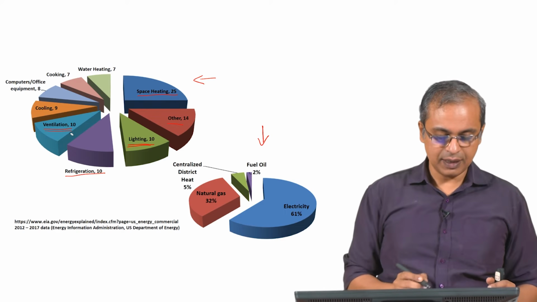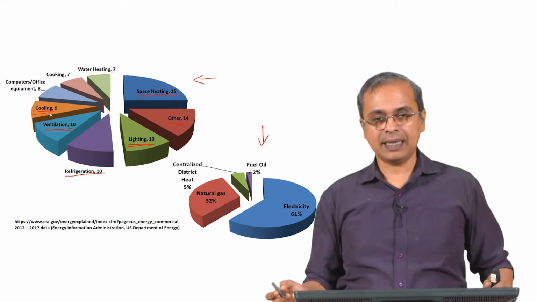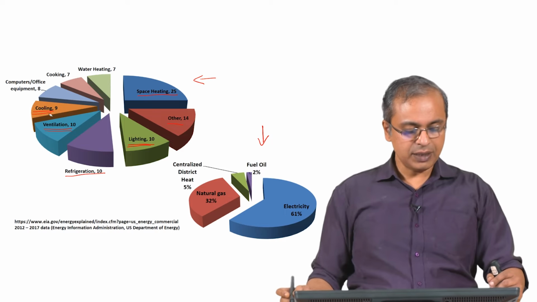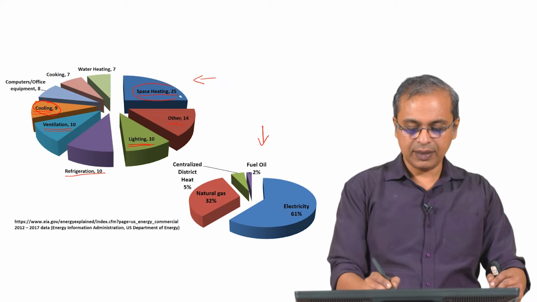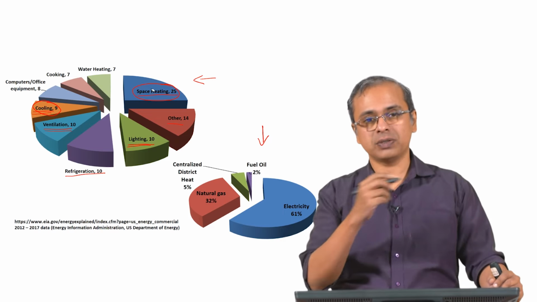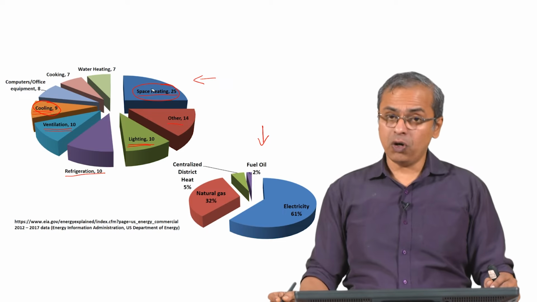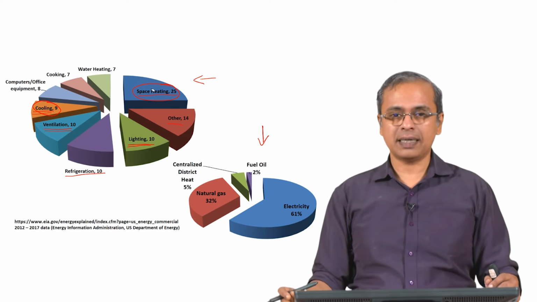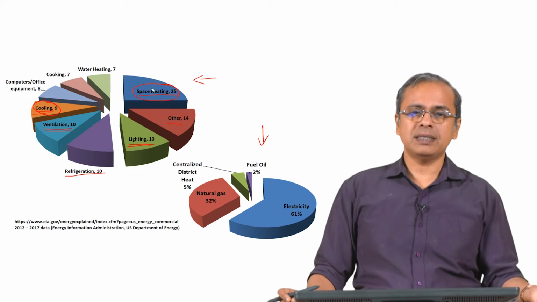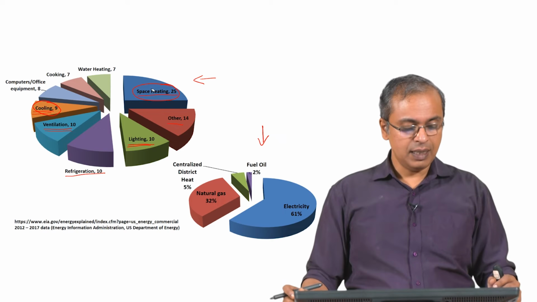So, ventilation uses energy. Cooling of different kinds, typically air conditioning. If it is a cold country, you see cooling is a smaller fraction, heating is a larger fraction of the energy usage. This is averaged across the year. If you take it, this is how it will be for a typical cold country. Typical warm country, it will be opposite. You will have a lot more time when you need the air conditioners on, and you may never need space heating, or very rarely use space heating, if at all, right. So, that is the way you see it.